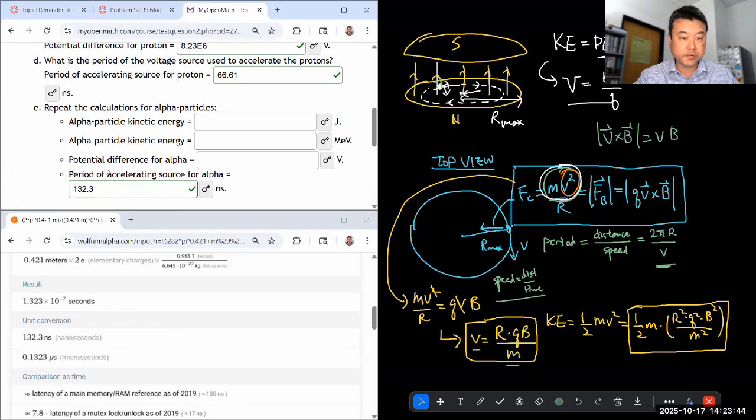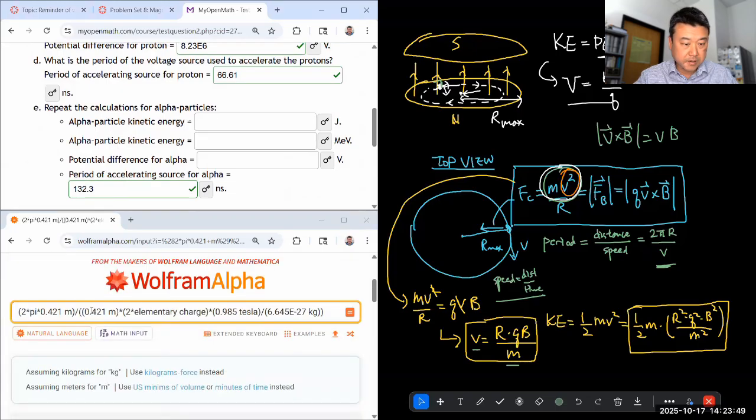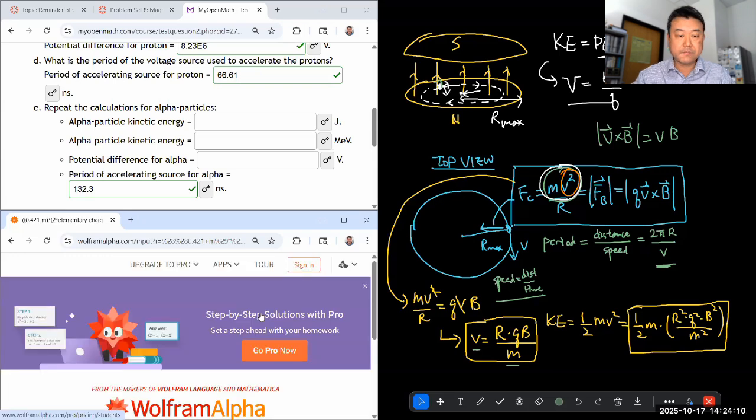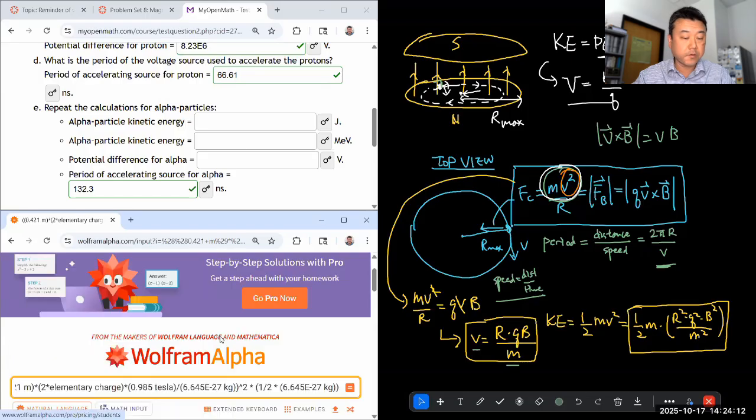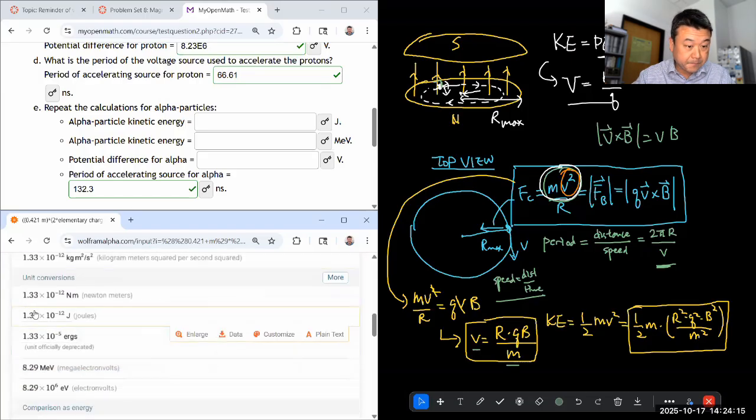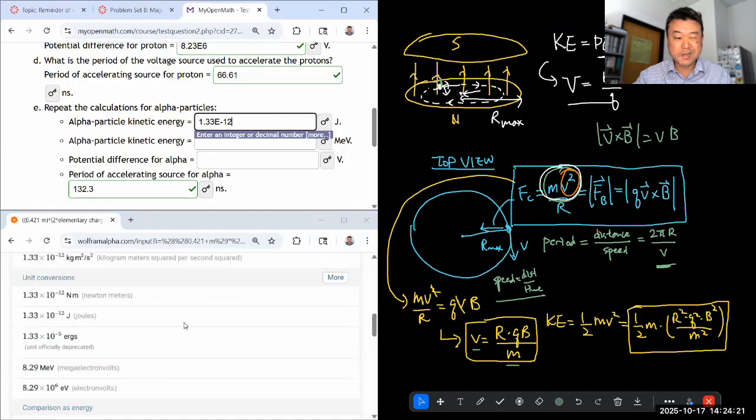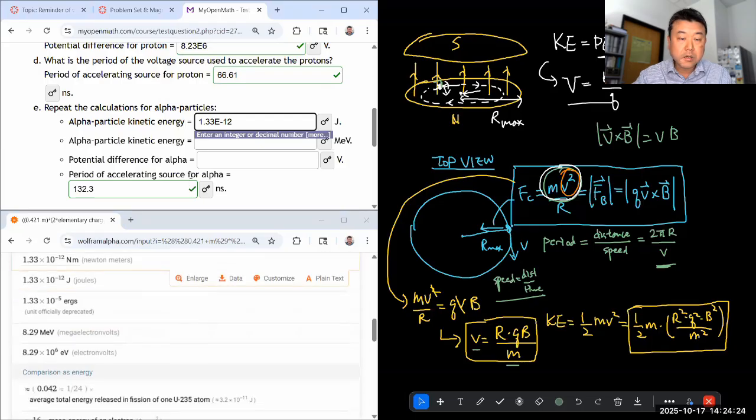So let me go back and now do the rest. I think it's actually better to get the kinetic energy first. Let me go back to my expression for v. That's the expression for v. I'm going to square the whole thing this time, and then times 1/2 times the mass. The alpha particle mass was this. So that should give me the kinetic energy, and that'll give me answers for the first two parts at the same time. 1.33